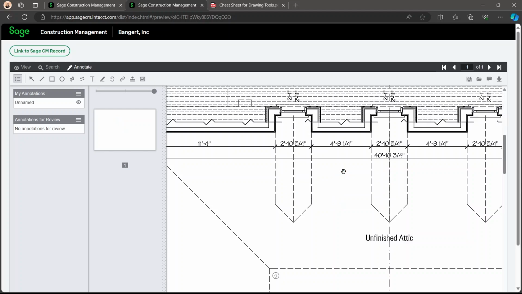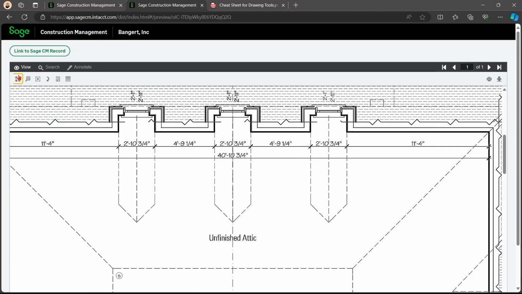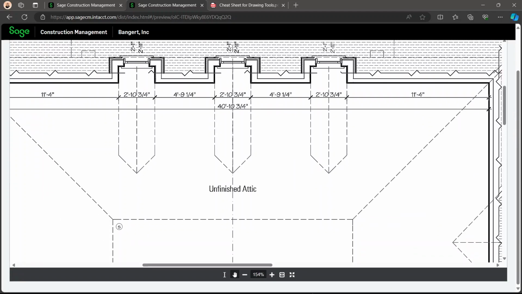Then you can always delete it. Then if you don't want to see the annotations anymore, you can take that away. If you don't want to see these thumbnails anymore, you're going to have to go back to the view and click the thumbnails again. You can scroll down.